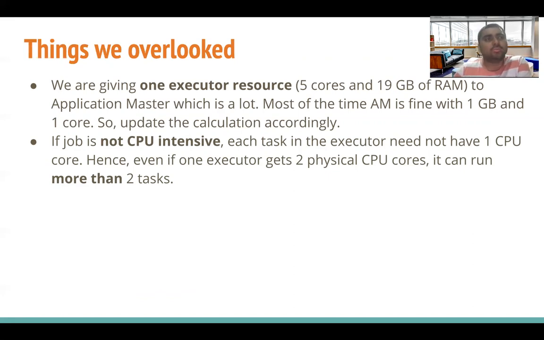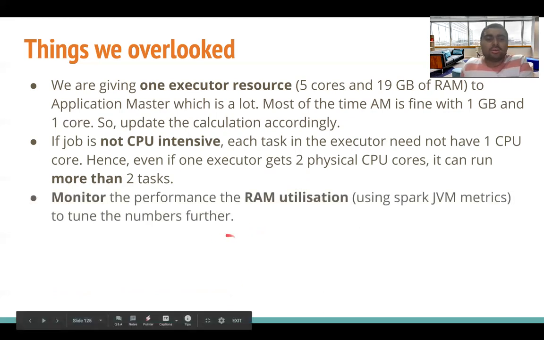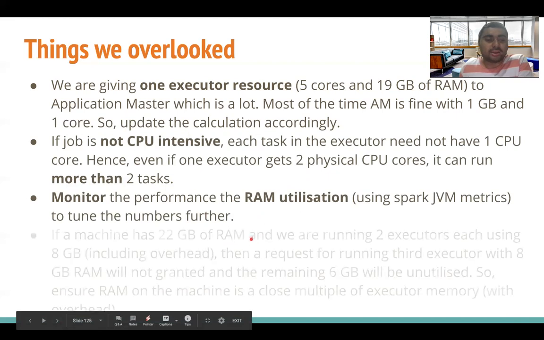Many times, if you talk about cloud machines, R series or R4, R5 series, which are memory optimized, are much better suited for Spark applications. In most data engineering processing, Spark applications require more memory than CPU, unless you are doing anything compute intensive, like deep learning using deep learning libraries. But you know how to make a calculation in that direction. You should monitor the performance of your Spark application.